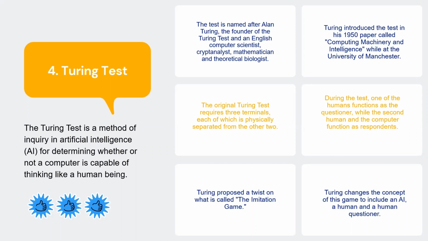Each room is connected via a screen and keyboard, one containing a male, another a female, and the other containing a judge. The female tries to convince the judge that she is a male, and the judge tries to determine which is the female or male. The original Turing test requires 3 terminals,